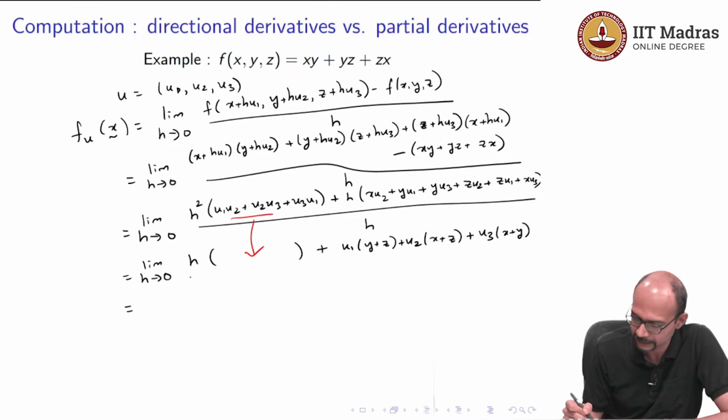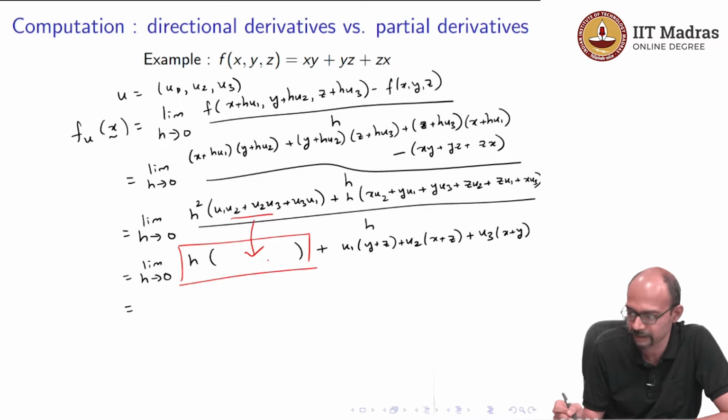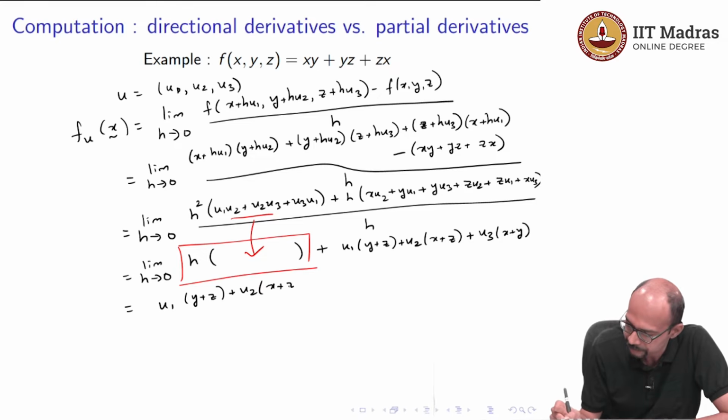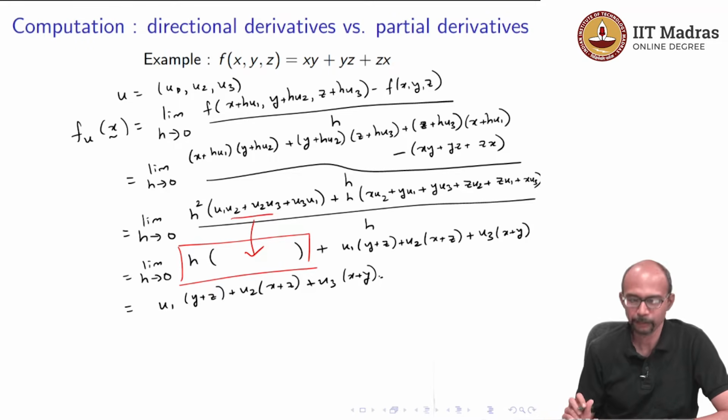So, as limit h tends to 0, this term here becomes 0, because everything inside is a constant with respect to h, and h goes to 0. So, this is 0, and the other term does not have an h. So, it is just whatever it is. So, the net result is u1 times y plus z plus u2 times x plus z plus u3 times x plus y. So, we have computed this directional derivative,